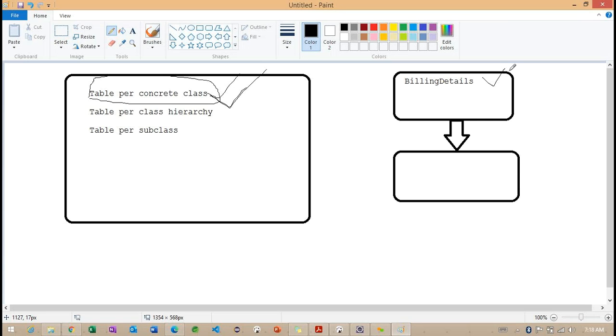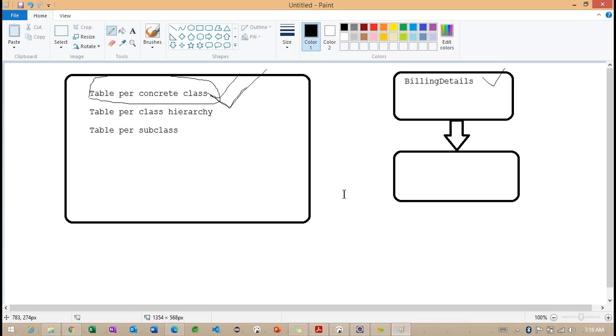So we need to understand that this billing details is going to associate with our user, so that both tables will have primary key and foreign key relations. Getting the point? I will show how this primary key and foreign key are going to be made between the user and billing details.